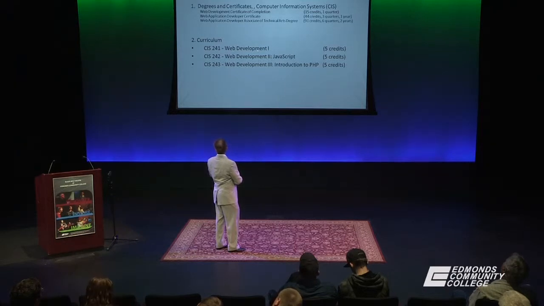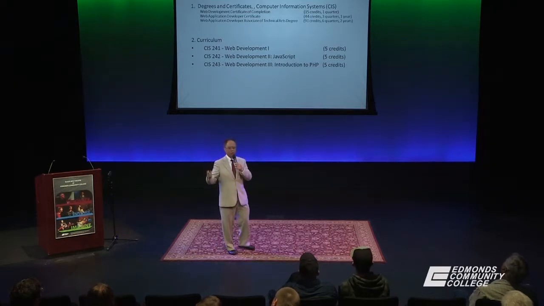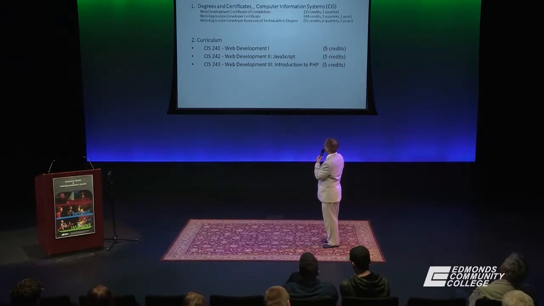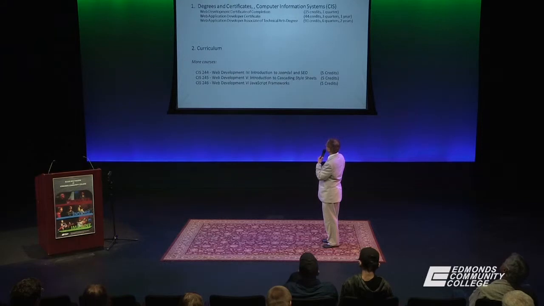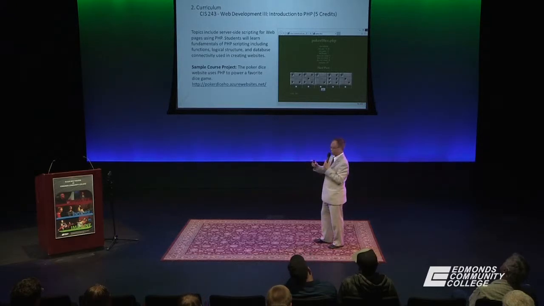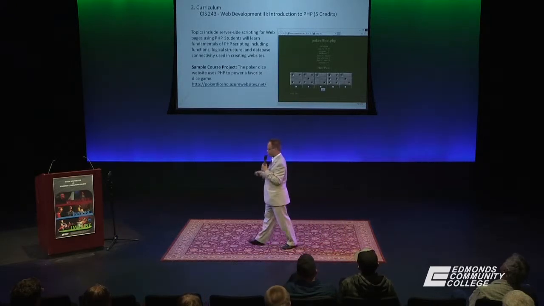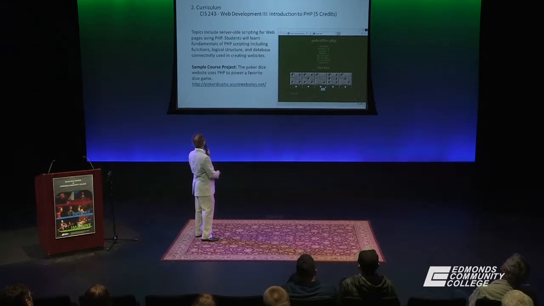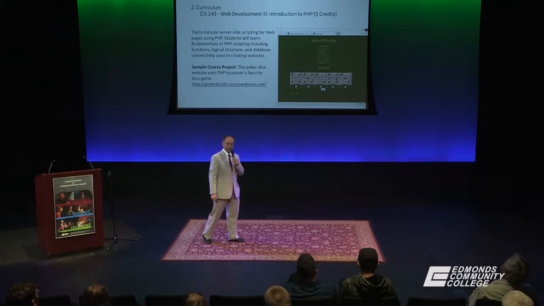Because 241 allows you to put out those beautiful pictures, like the dice, whatever. And then 242, of course, you can interact with. You can do mathematics, so that the computer can also calculate the odds that you are going to win, etc. It is also dynamic enough to display all those different dice, different values every time you click on the button to play the game. And then why do we need 243?